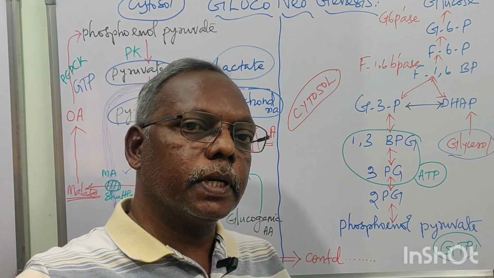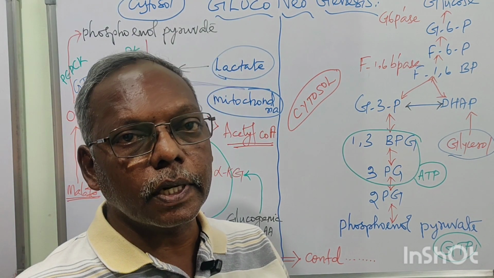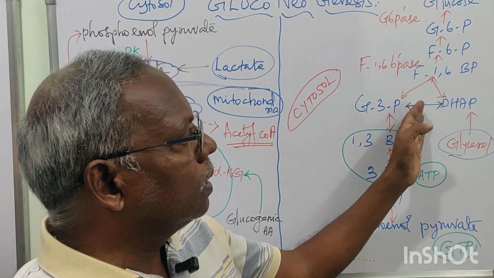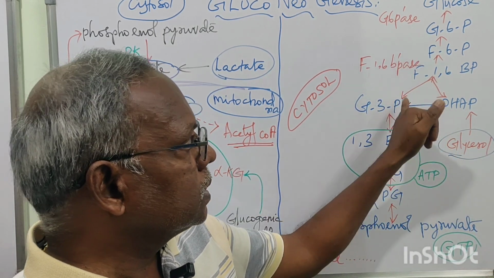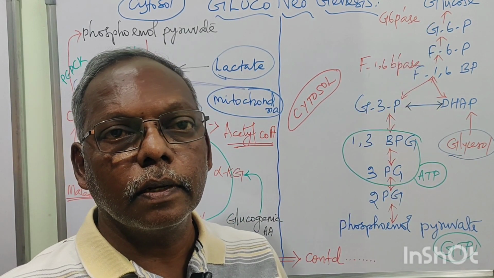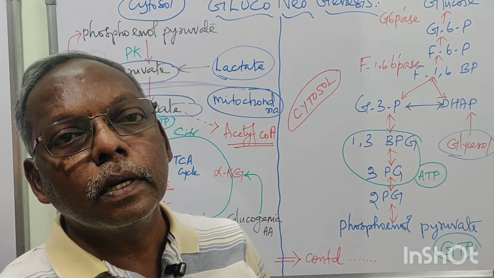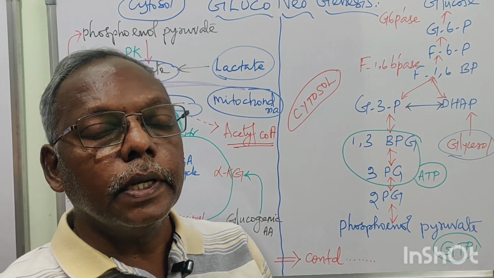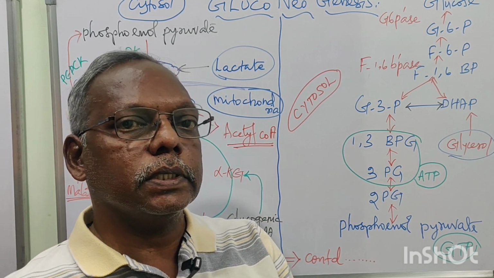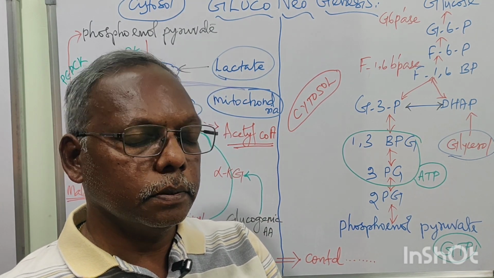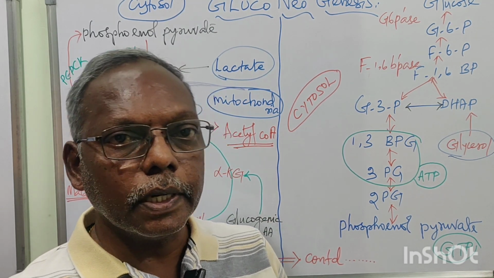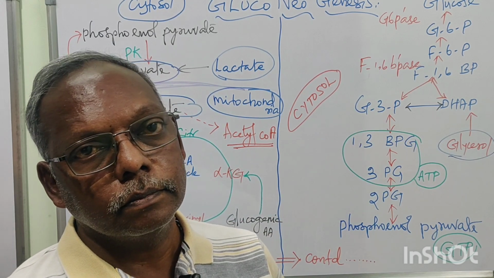Then this phosphoenol pyruvate continues the reversal of glycolysis reactions with one or two exceptions. This is an exception, this is an exception. Finally, one molecule of glucose is produced by the whole gluconeogenic pathway in the two compartments. First start with cytosol, continue in mitochondria, and finally end with cytosol. Okay.